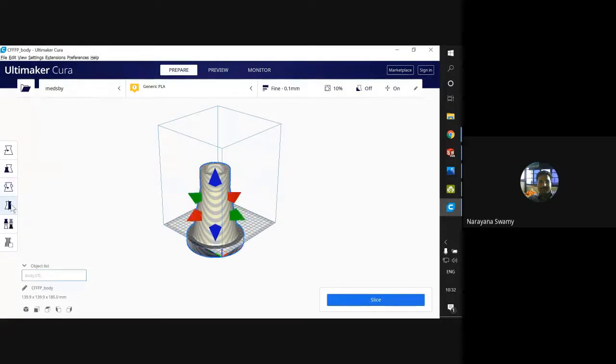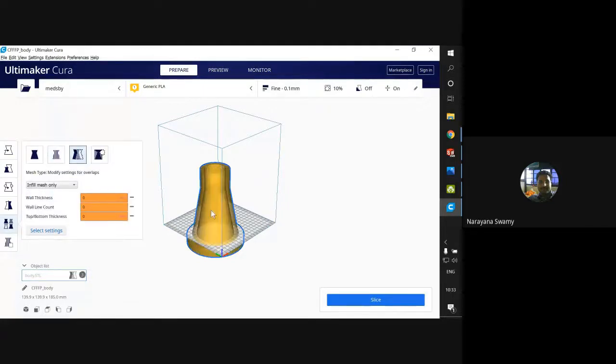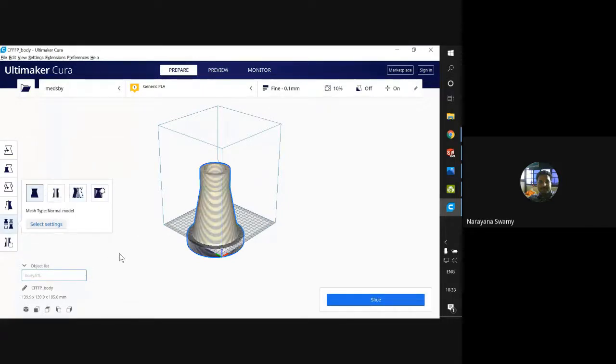The next one will be the mirror option, where we can flip this to the right or the left mirror. The next one is hatching, that is a mesh type, either normal or a print type like this and all. But normally we go with the normal meshing method only. And the last one is to cut the material. If you want to remove a part of the material, we'll go with that one, say for example like this. Wherever you want to cut the material, you can just go with that one.